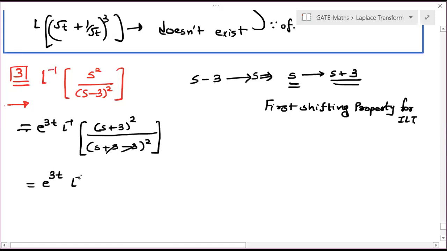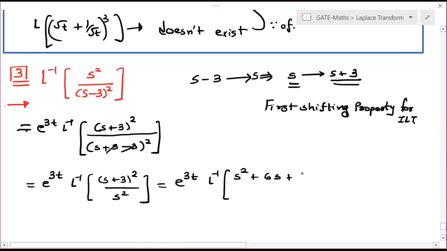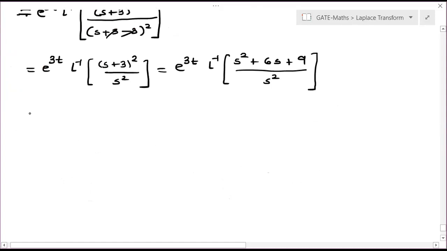e to the power 3t, Laplace inverse of (s plus 3) whole square divided by s square. If I simplify inside, this is e to the power 3t, Laplace inverse of (s square plus 6s plus 9) whole divided by s square. So if I simplify, this will become e to the power 3t, Laplace inverse of s square by s square, 1, plus 6s by s square, 6 by s, plus 9 by s square. So if I give this Laplace inverse to all the terms, e to the power 3t, what is